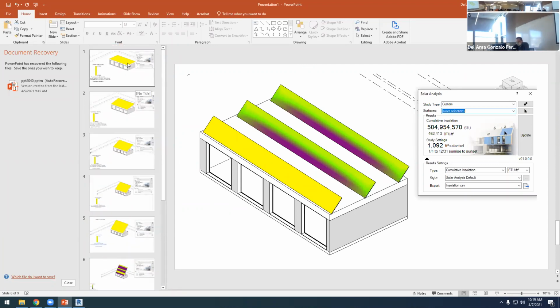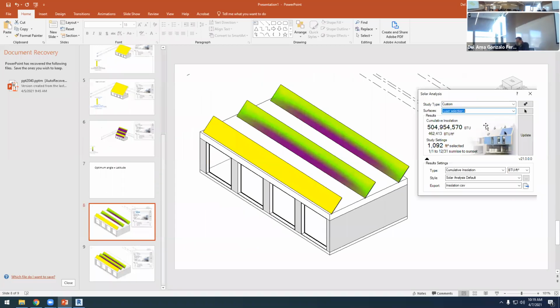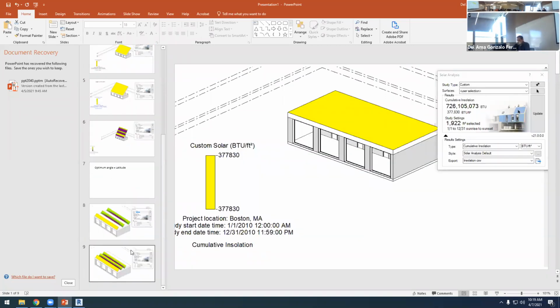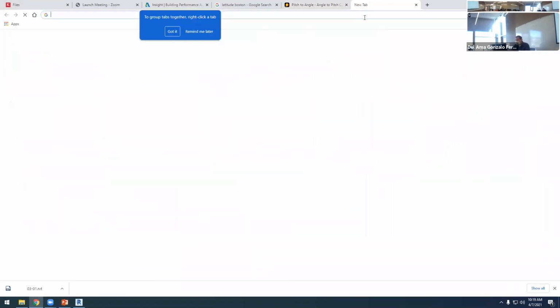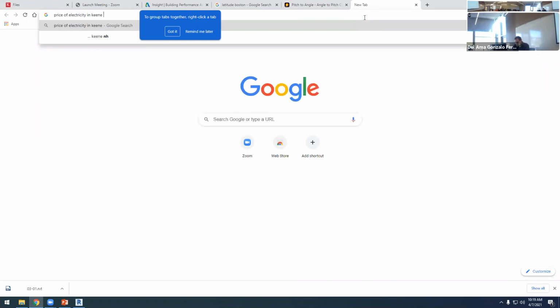And now you know the price of 1,900 square feet, and you know the price of 1,000 square feet. And you know the difference between the energy that you can generate. And now we need to know the price of the energy. Yeah, so that's another issue. Price of electricity in